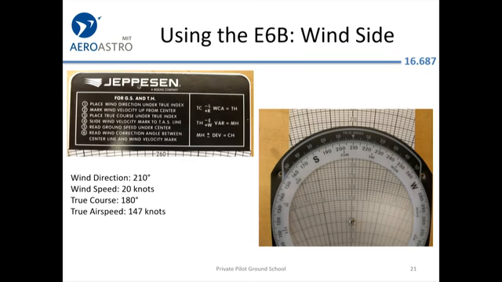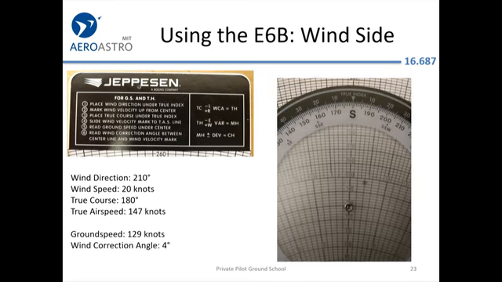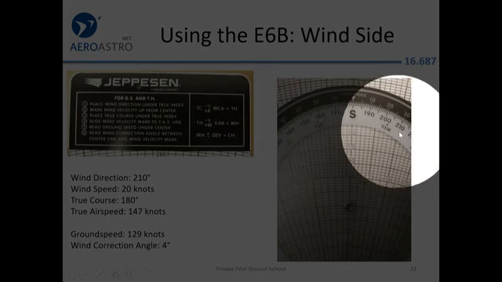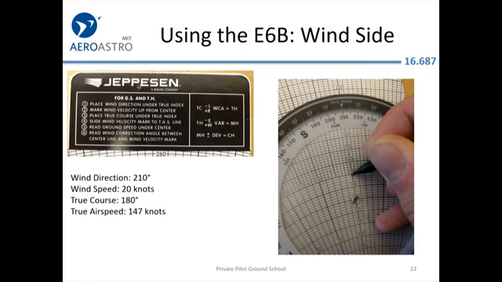So here we are on the wind side. We start by marking 147 knots, it looks like. And then we rotate it. You can see that pencil mark has been rotated off. It started at 210. Let's go back. Yeah, so we had it